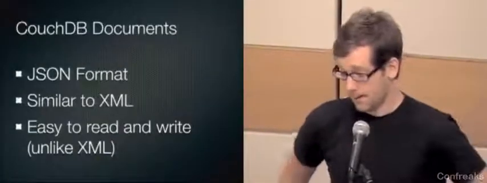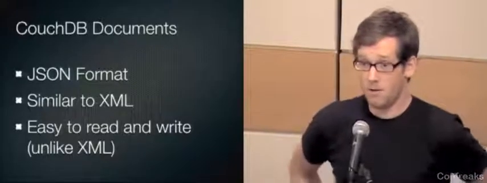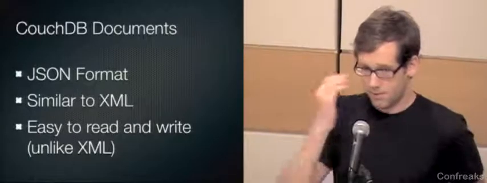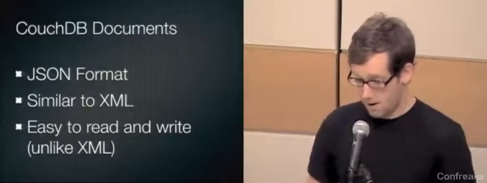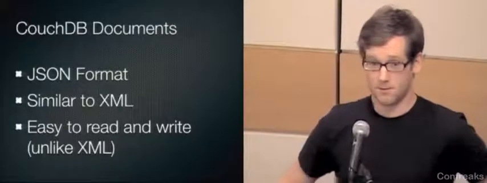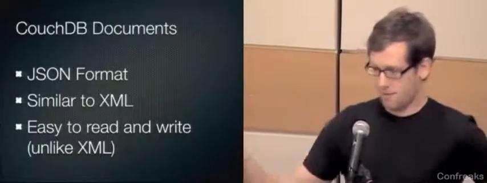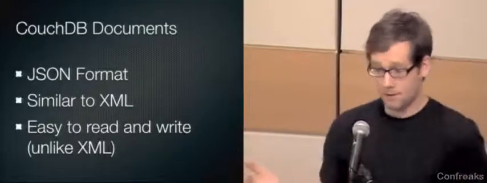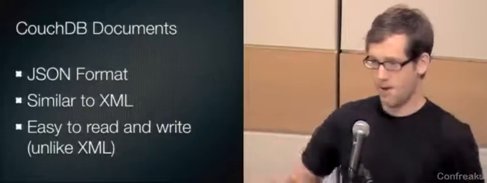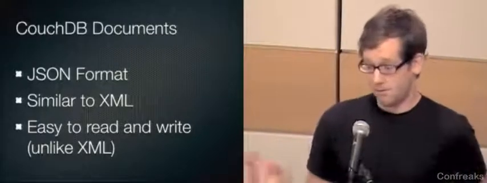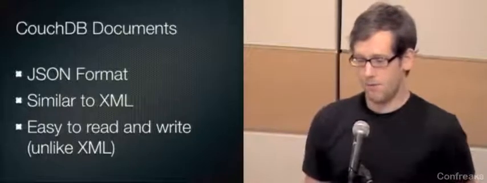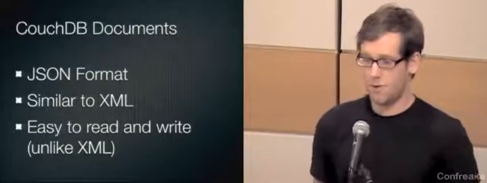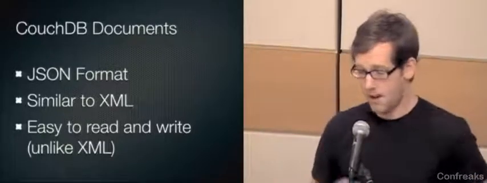How does it technically work? CouchDB uses JSON. That's JavaScript object notation. It obviously comes from the JavaScript language, but has since evolved to be available everywhere. What it basically does is, you have a native object in your programming language with all the native types, like numbers, strings, arrays, or another object inside of there, and you can serialize that into a string representation of that object. And you store this string representation, this JSON string, in CouchDB.